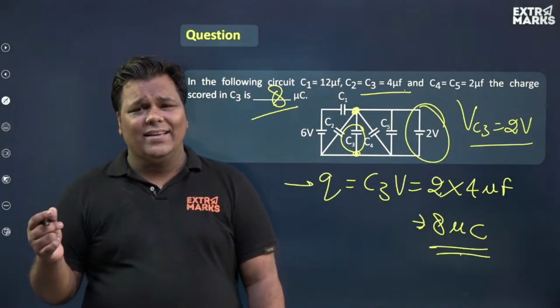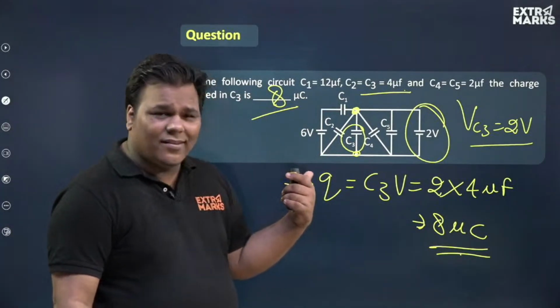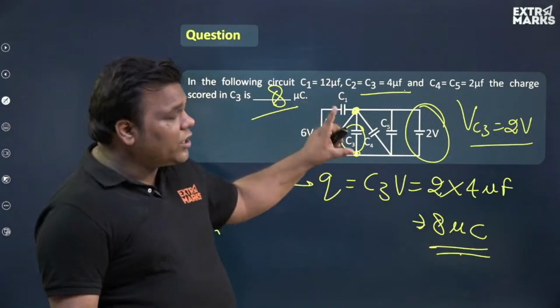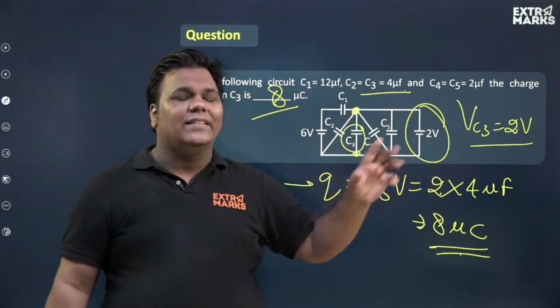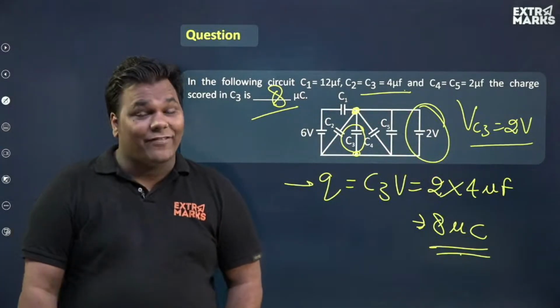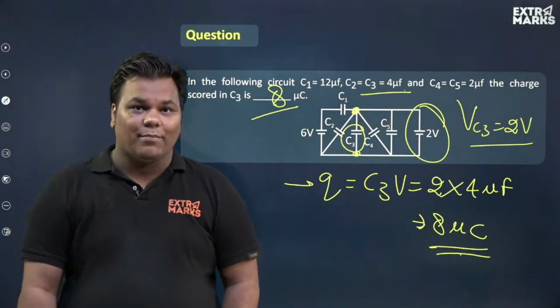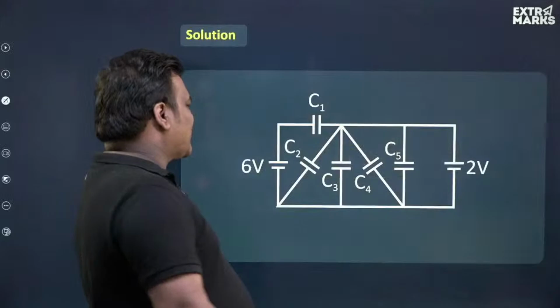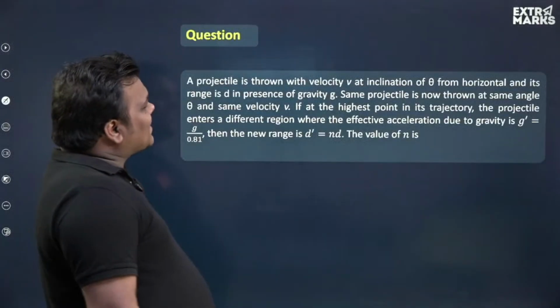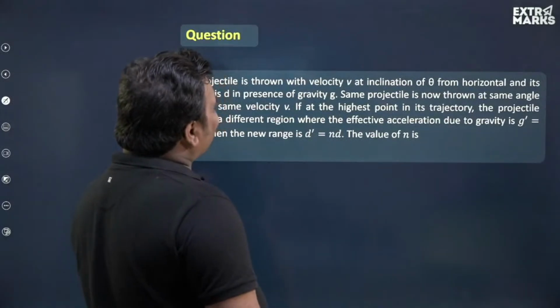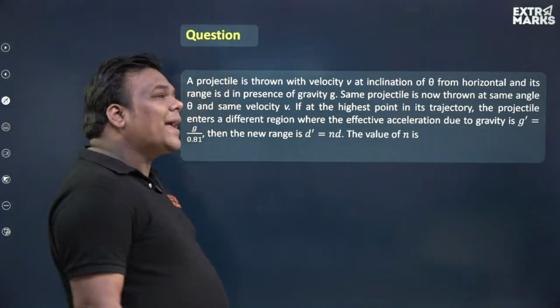I don't think this question was difficult, but if you don't observe this little information in this particular question, then definitely this question will take some time. Next question. A projectile is thrown with velocity v at an inclination of theta. Surprisingly,